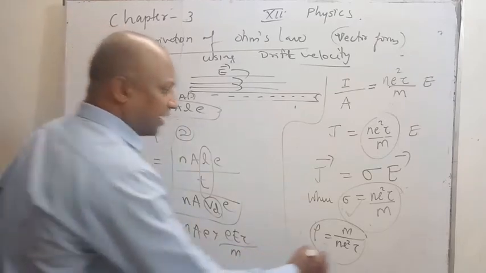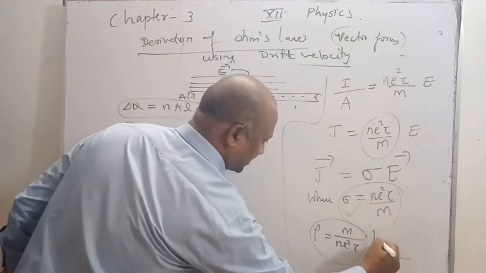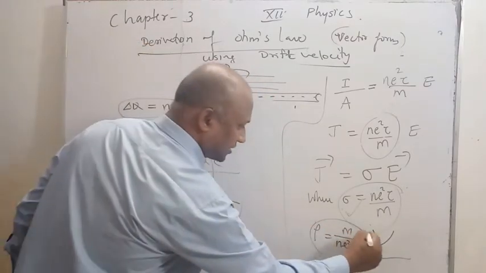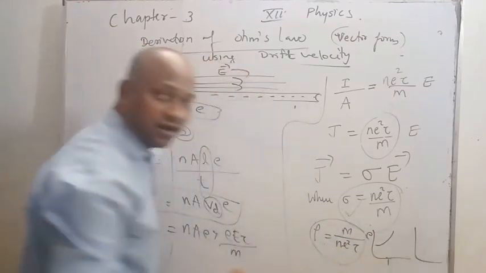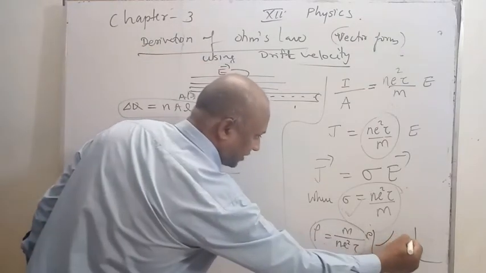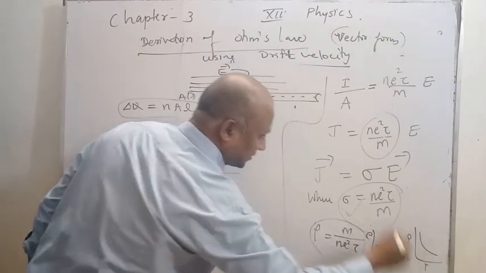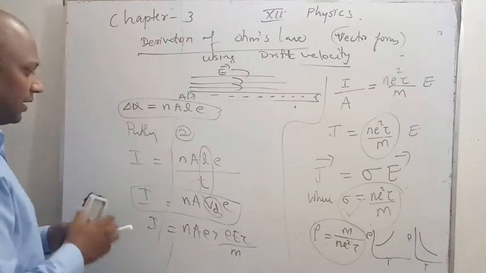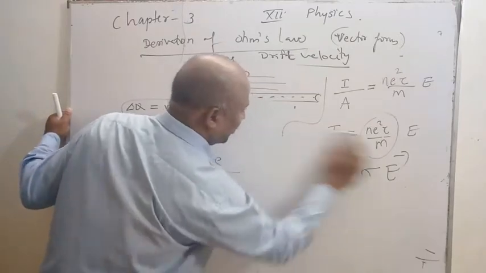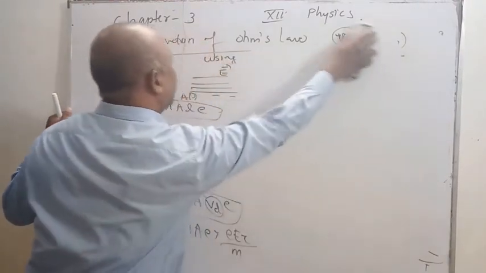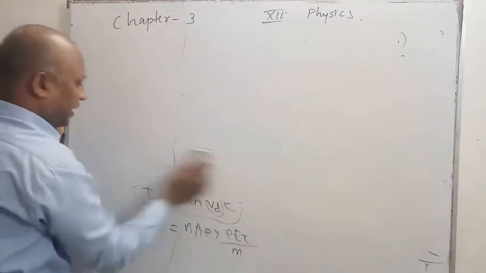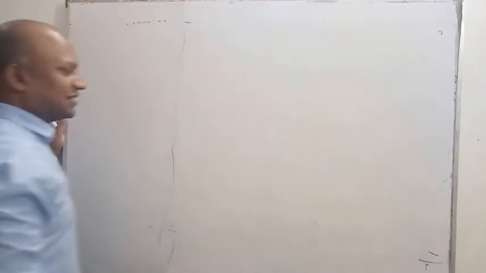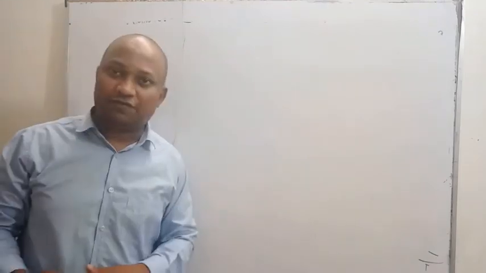So if you make a graph of resistivity and temperature, for a conductor it will be like this, increasing resistivity, and for a semiconductor it will be like this, decreasing resistivity. The graphs are given in your textbook, so you have to learn the graphs from the textbook. And there is one more topic that you have to learn from the textbook, because there is nothing to be explained specially for this, that is